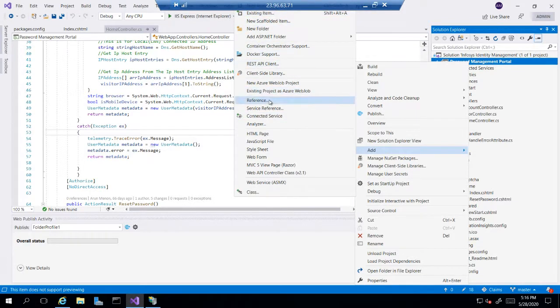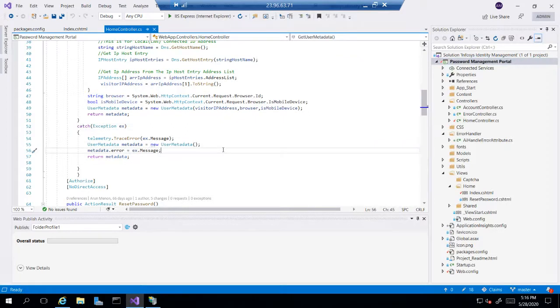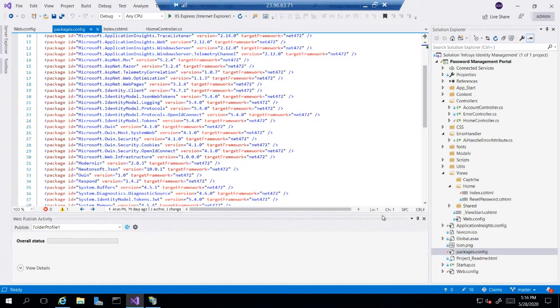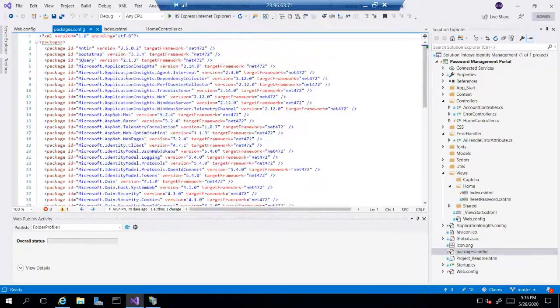But once you click on include telemetry, it will connect directly to your existing Azure resources where you can select your App Insights. You can set up everything, and once it has been set up successfully, the following packages will be installed onto your system. As you could see, the application insights agent, dependency collector, performance collector, trace listeners, a variety of application agents will be installed on your application. What this basically does is take the telemetry from your application and send it back to the Application Insights resource.